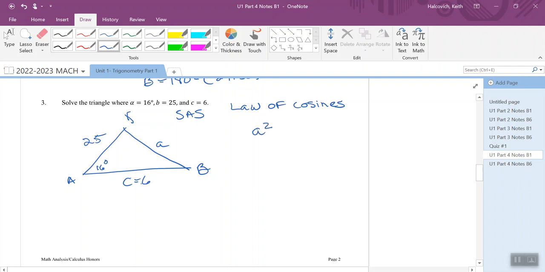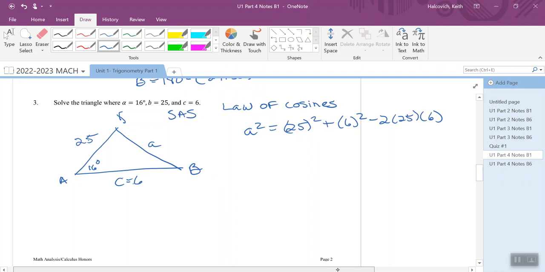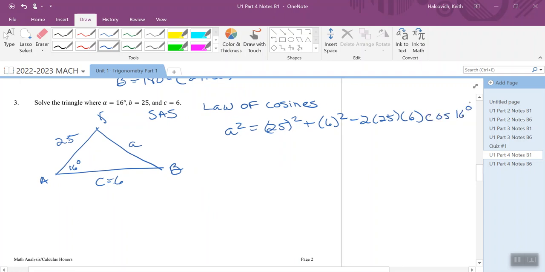So you would say that A squared is equal to 25 squared plus 6 squared minus 2 times 25 times 6 times cosine 16. And when you solve for A here, you're going to get that A is equal to 19.303. So then, once you solve for that, you can use the law of sines, right? Because now you can say sine 16 over 19.303 is equal to sine beta over 25, which is equal to